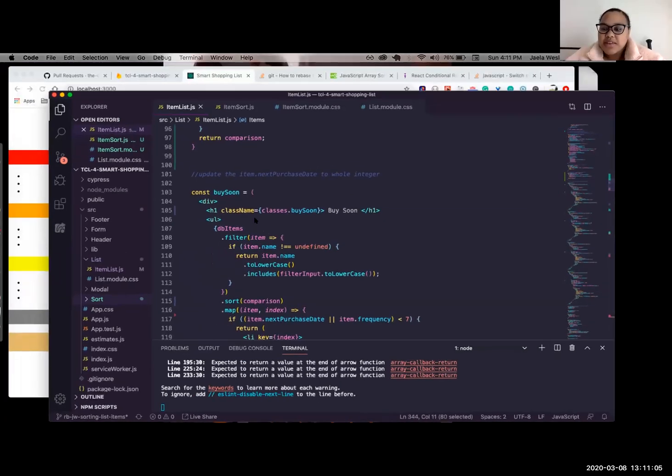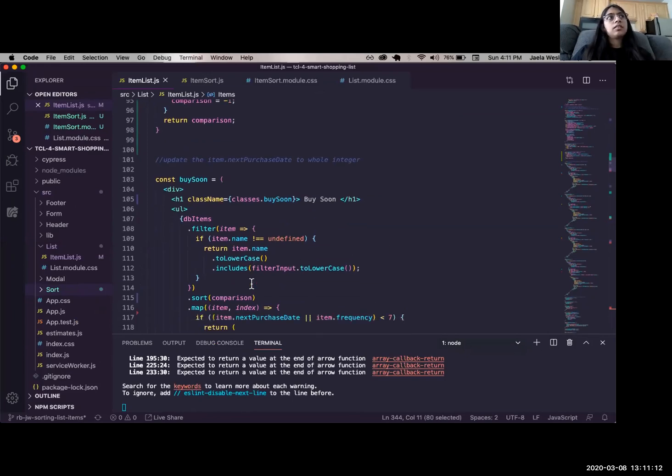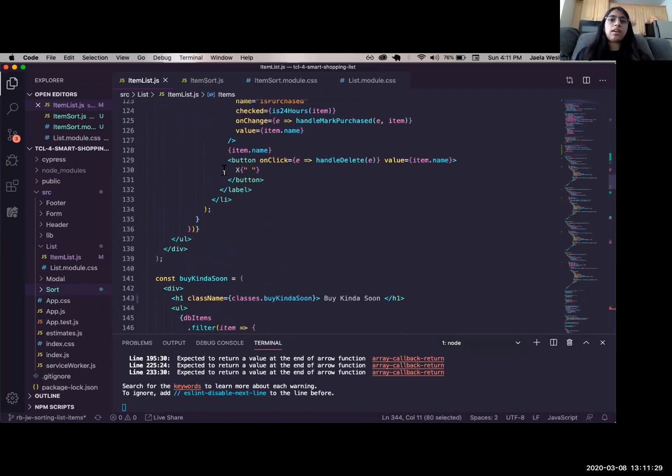As far as the screen reader stuff goes, I don't think it needs to say buy soon when it's in a specific list. Like when it's in avocados and buy soon, it doesn't necessarily need to say buy soon. What I would be concerned about with the screen reader is that it says avocados X, and it's super unclear what X is. I would try and get some labeling there to make it clear that that is